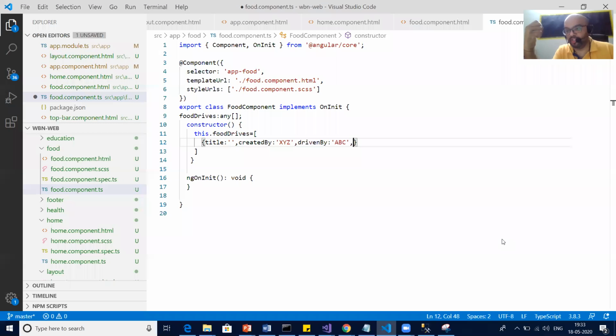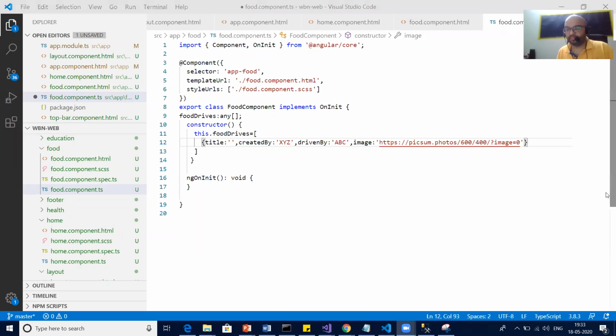Although there would be many images, as of now I'm putting just one cover image. So image. What is the date? Correct. Time, city, place. There are so many things, so as of now just keep it simple.